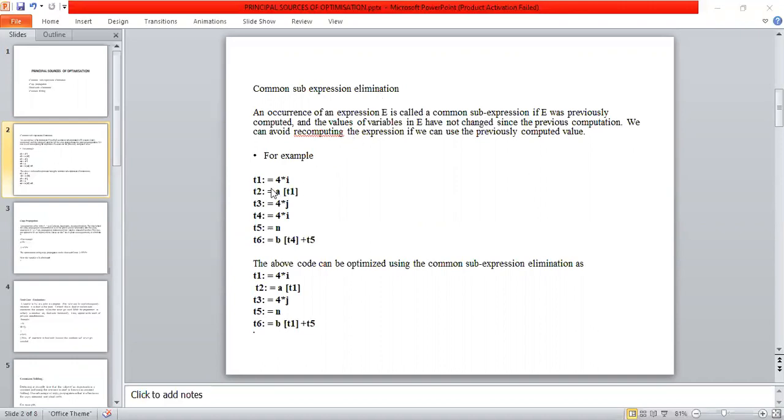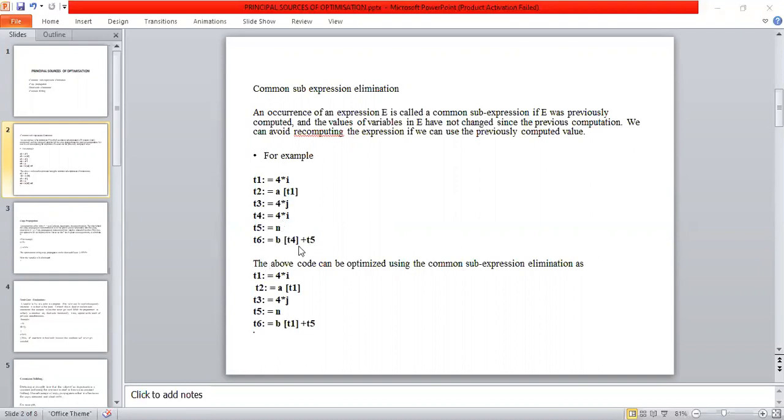Suppose in the given example, I have T1 is equal to 4 into I, T2 is equal to A of T1, T3 is equal to 4 into J, T4 is equal to 4 into I, T5 is equal to N, T6 is equal to B of T4 plus T5.